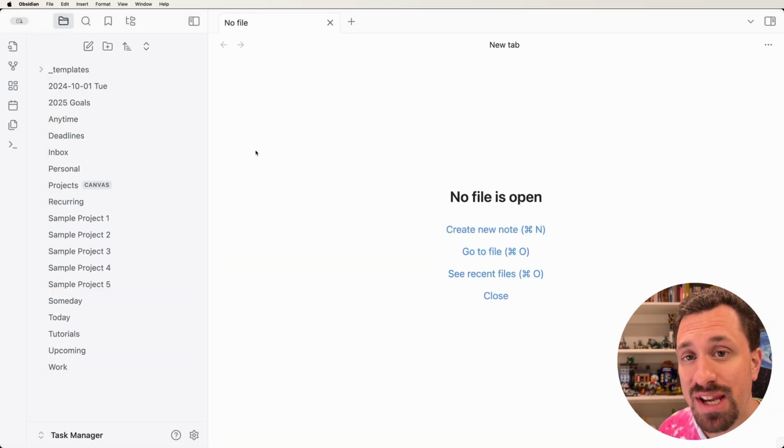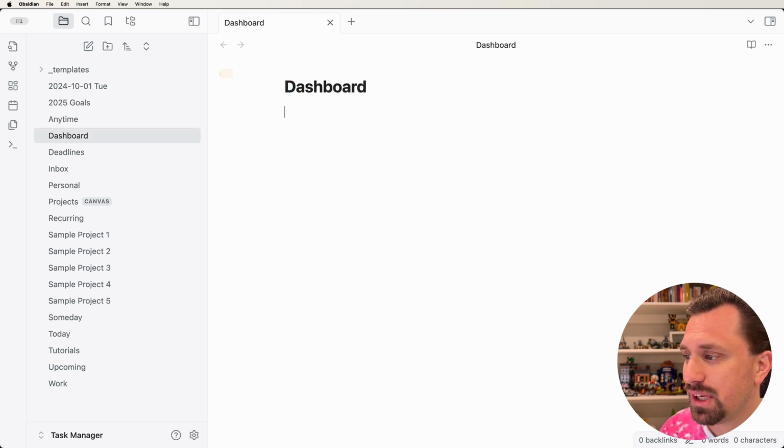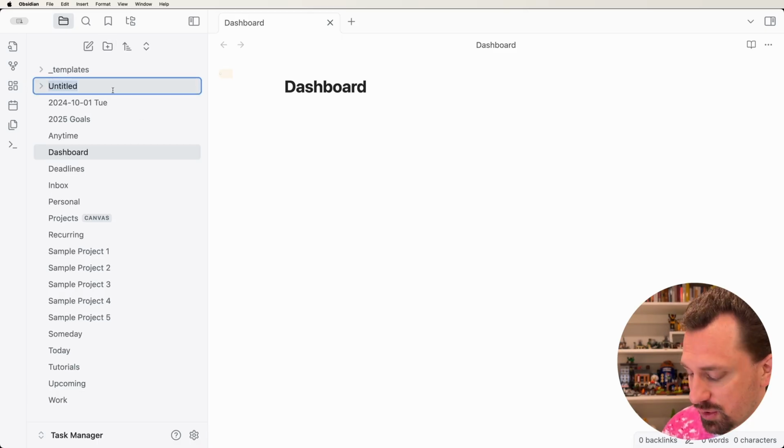And now I'm going to create my dashboard note. So hit the new note button and we're going to type in dashboard, hit enter. And as you can see here up in the left corner, there's this tag looking button. This is the button that allows us to add a banner via the Pixel Banner plugin. But before I do that, I want there to be a folder where I'm saving all of the images that I'm using inside of this vault. So I'm going to create a new folder. We're going to call it